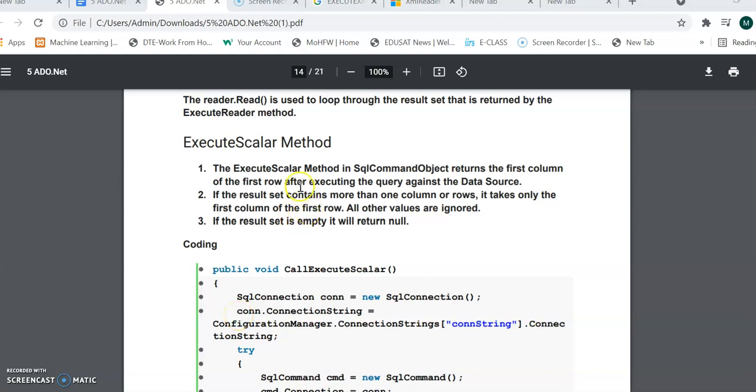Hello dear student. In this video we are going to learn the next method of the command object in ADO.NET, that is ExecuteScalar. This ExecuteScalar method is used to execute your query, and it returns the first column and first row of your table from your data source. So with this data, you can do some functions, just like you can calculate the average function, you can use the count function,